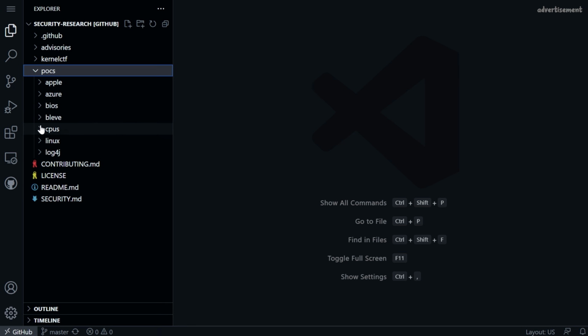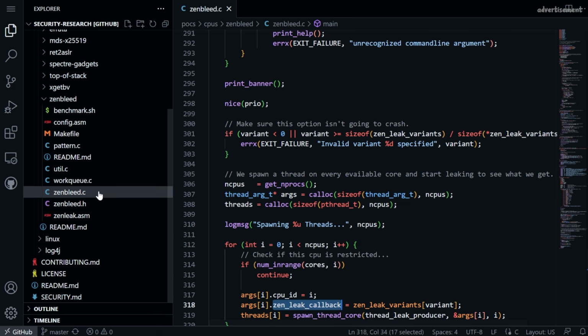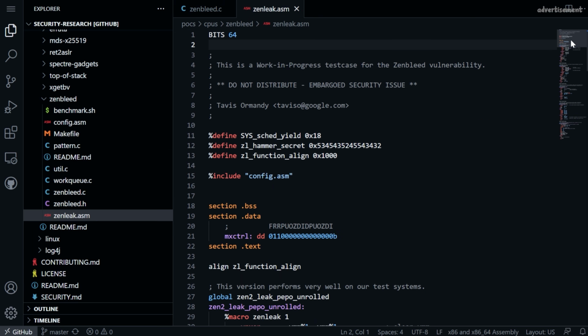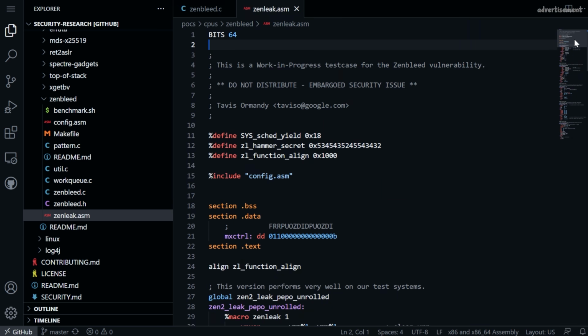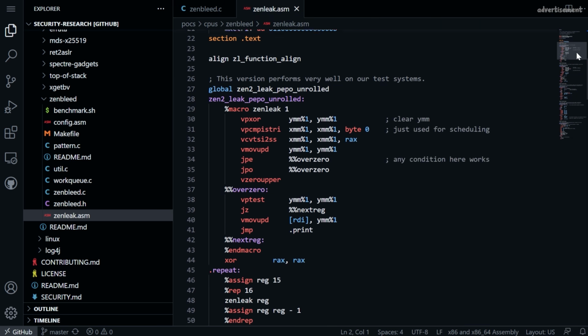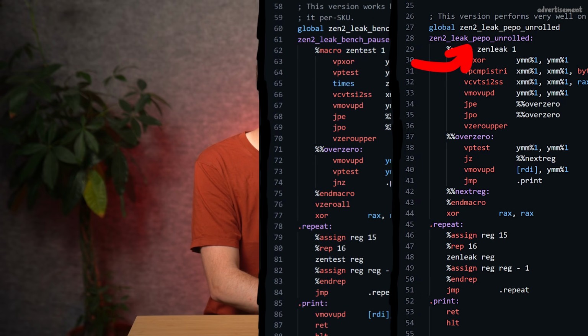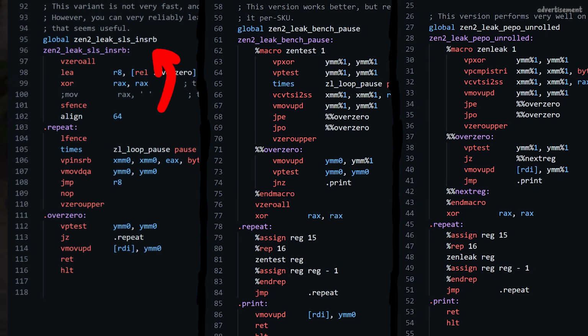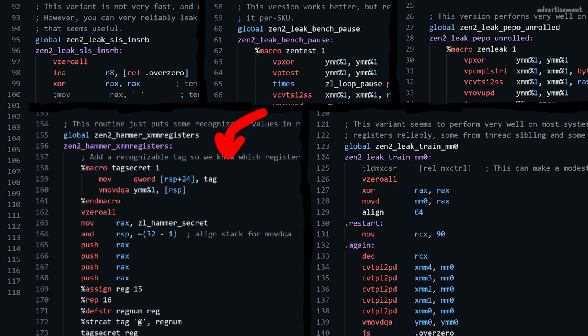Google has made the code available here on GitHub in the security research repository. Here you can find several files, but zenbleed.c and zenleak.asm are the important ones. Because the exploit snippet was assembly code, let's start with that one. Inside the zenleak.asm file, we can actually find a surprising amount of assembly code. There are actually multiple variants for the same issue. Zen2 Leak Pepo Unrolled, Zen2 Leak Bench Pause, Zen2 Leak SLS in SRB, Zen2 Leak Train MMO 0, and Zen2 Hammer